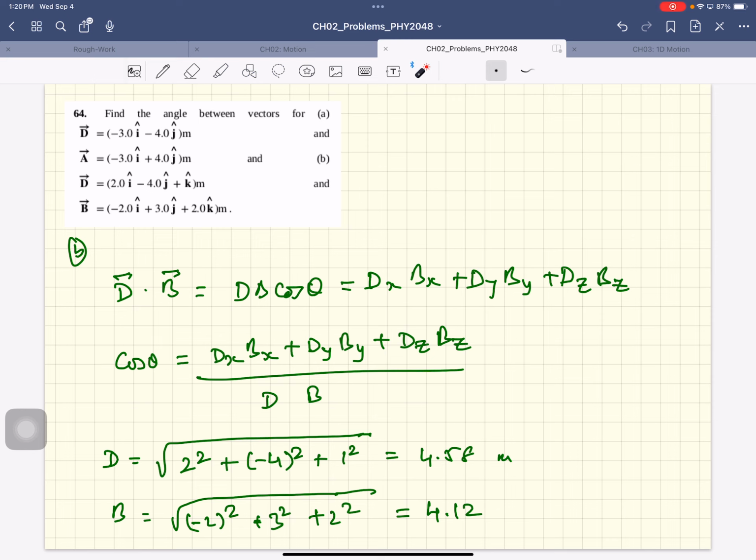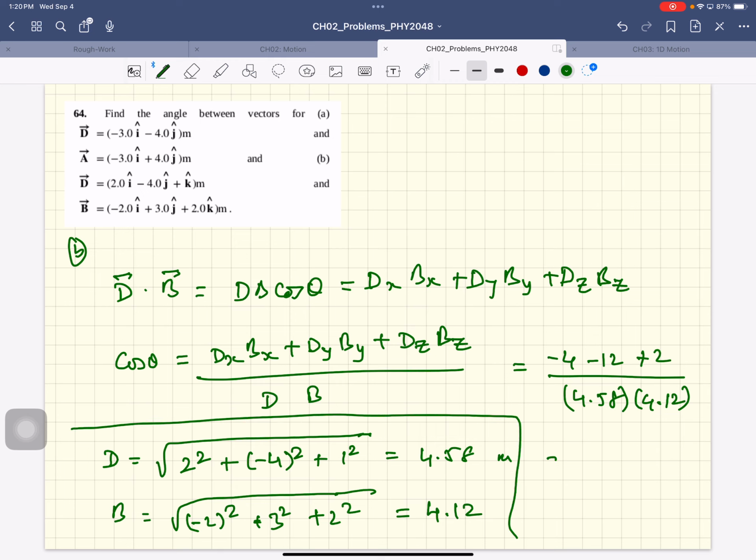So dx bx is, so I'll write it right here, that's minus 4. dy by is minus 12 and plus 2 divided by 4.58 times 4.12. Okay, so that is 16 minus 14 divided by